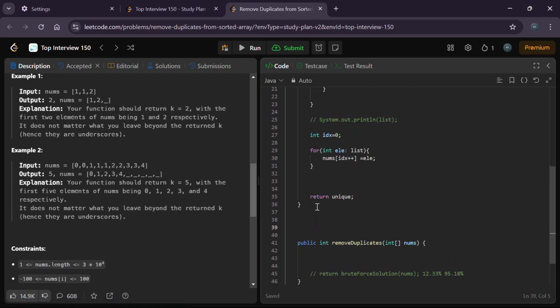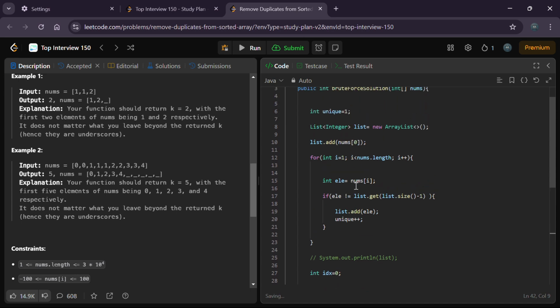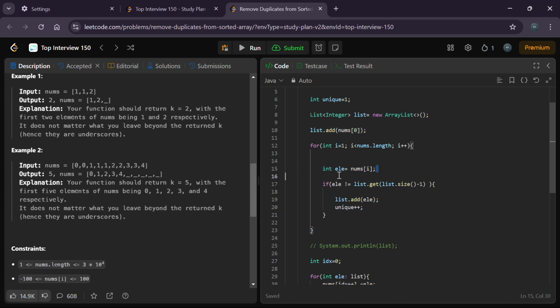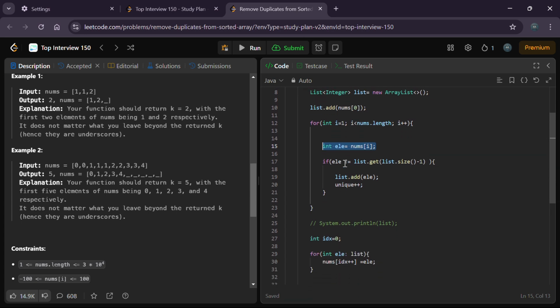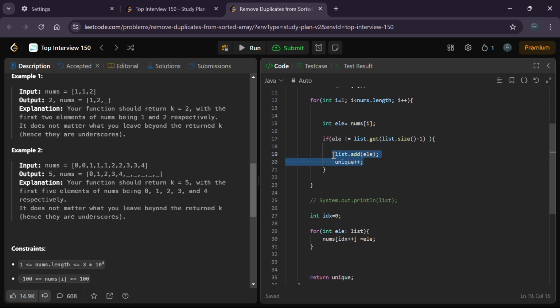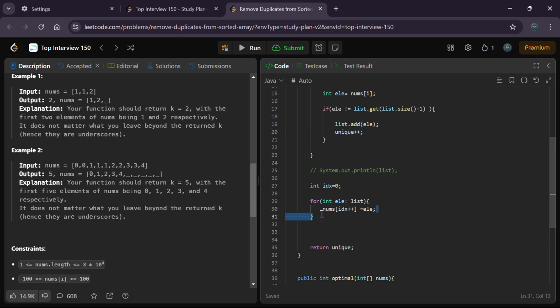So let me take another function called public int optimal, which takes input nums. And what we are doing here, in the list, we are comparing the previous element and the current element. If these are not equal, we are adding into the list. Instead of taking extra space, we can reduce the space by directly adding it into the